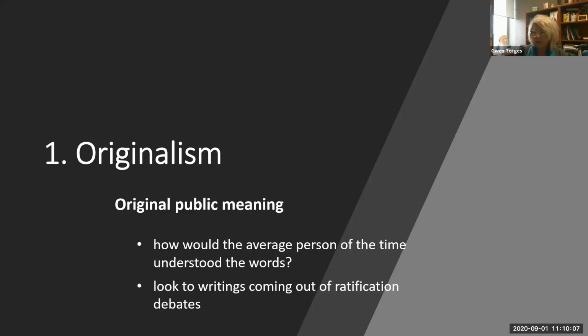is something we call original public meaning. And Scalia, who died, gosh, it's been like 3 or 4 years now, Justice Scalia was a very famous originalist, but he wasn't an original intent guy. He would have said, no, no, no, it's not original intent. It's original public meaning. Scalia would have said original intent doesn't make any sense.